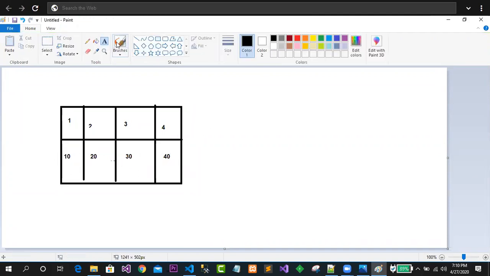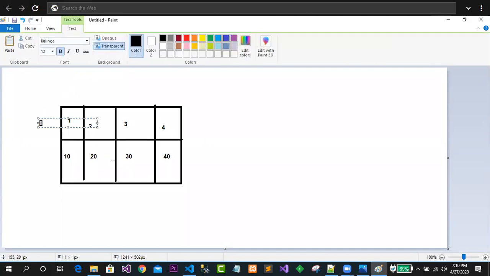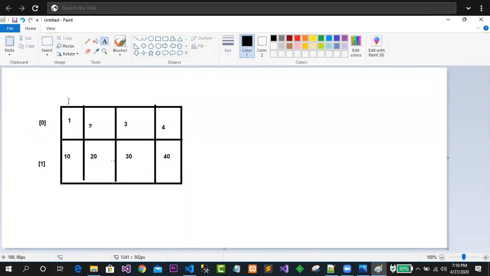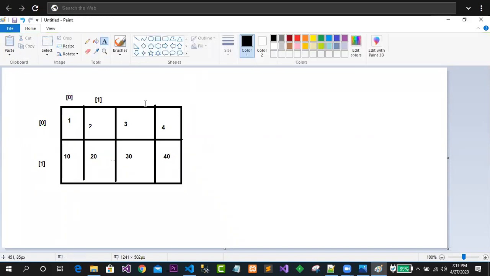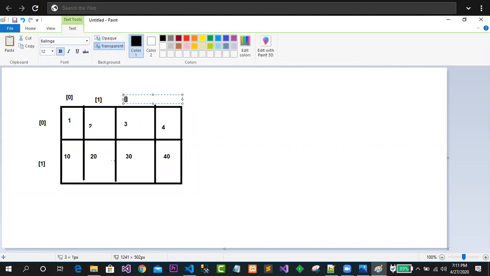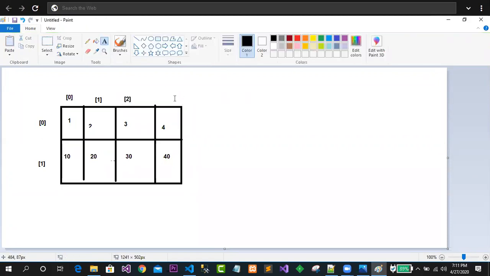Now your rows start from index 0, and this second row has index 1. Now these are the columns, which start from 0, and this is 1, this is 2, and this is 3.